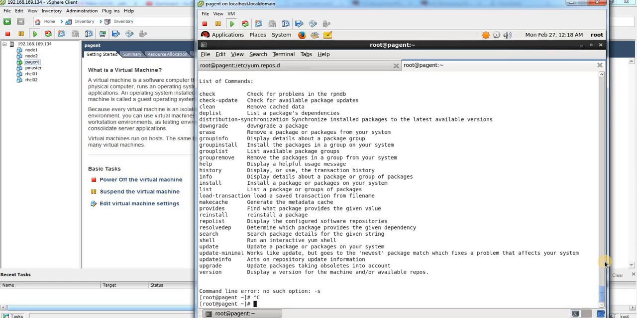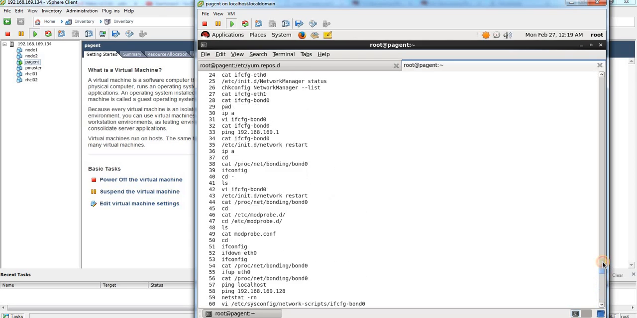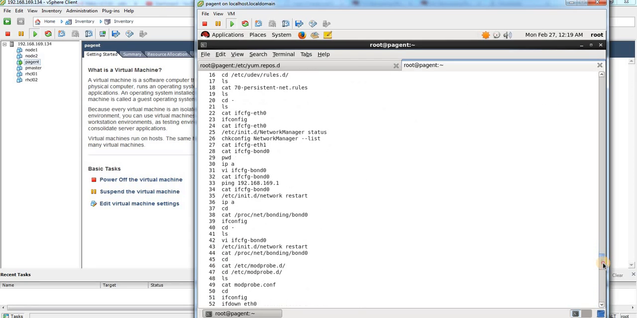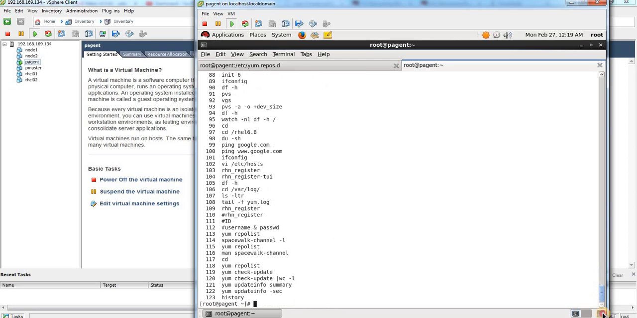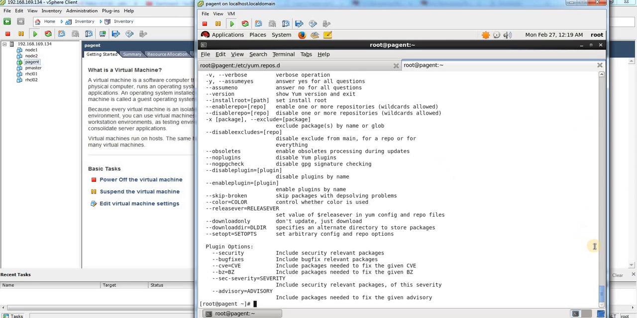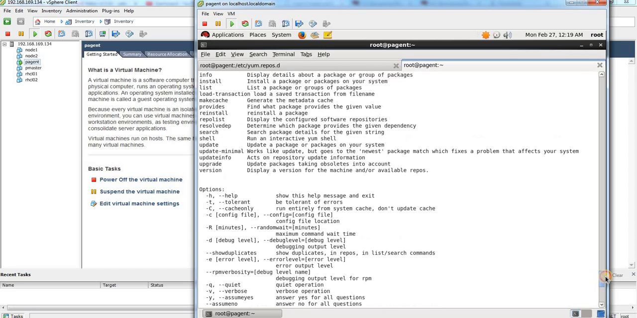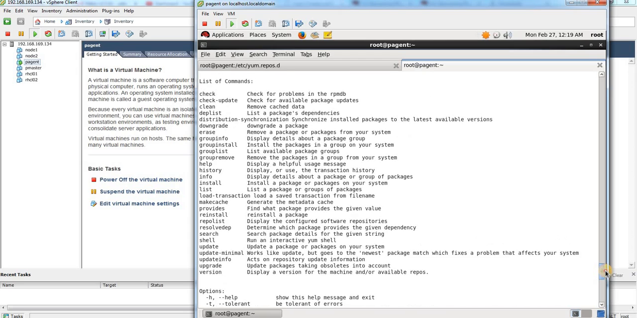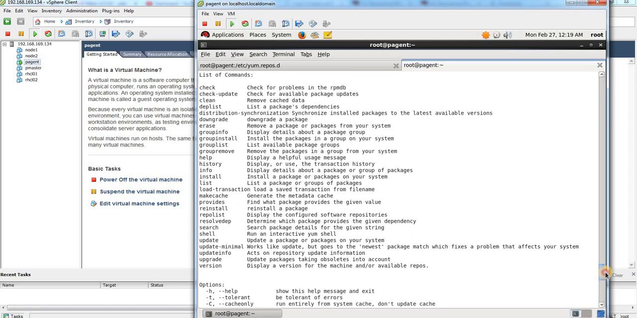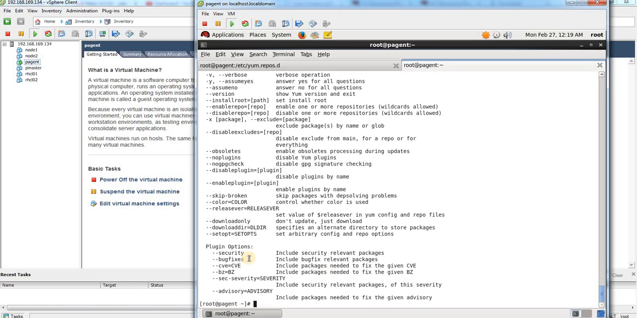Okay, I just tested that a few minutes back. Okay, so one minute. -help. And let me see what is the option for security update. So here it is. So you can check like this, yum